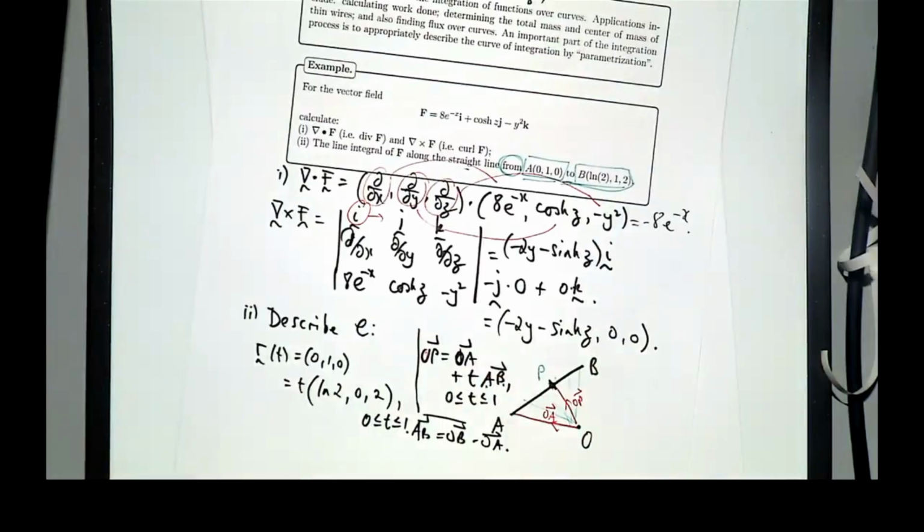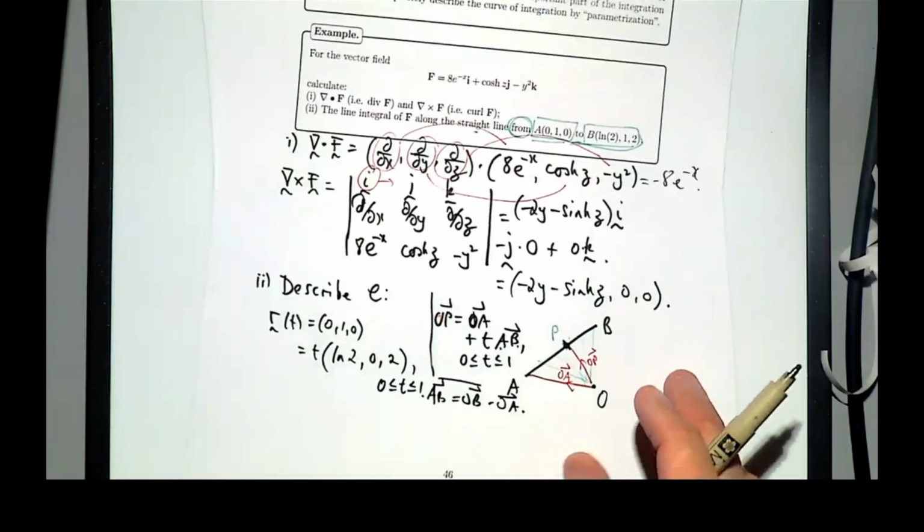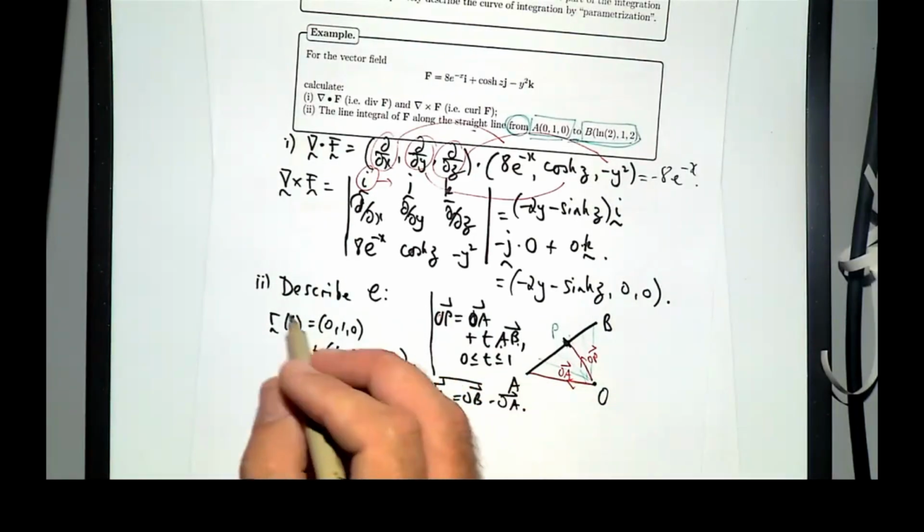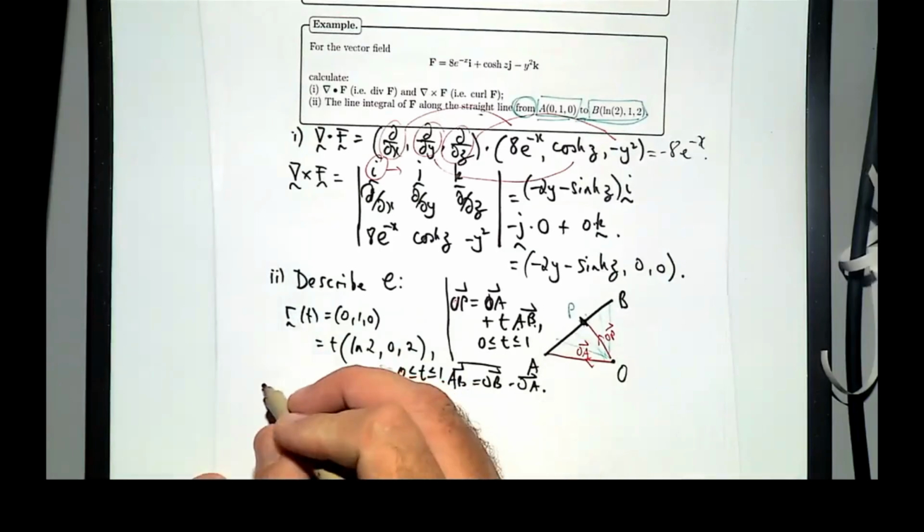Okay? Now, for many people, that's actually the hardest part of setting up these problems, because you have to think, okay, how am I going to describe this set of points or this curve or this line segment? Okay? The computation's not hard, but let's do it anyway. Okay? So, if that's my R of t,